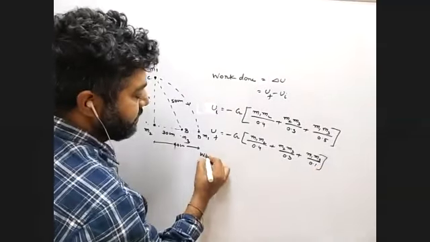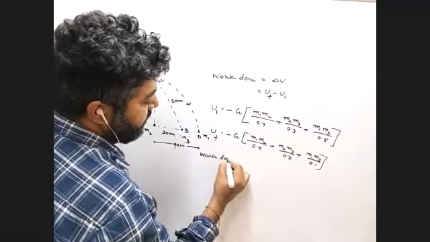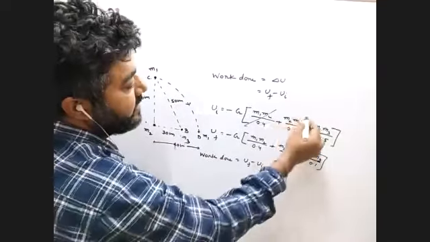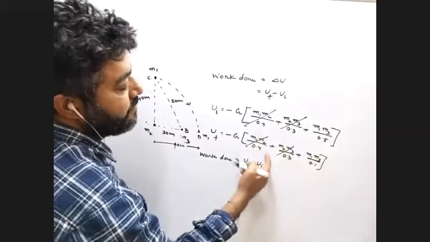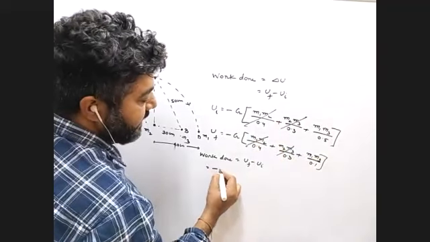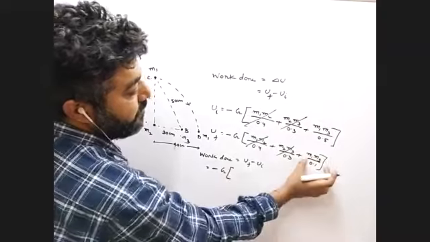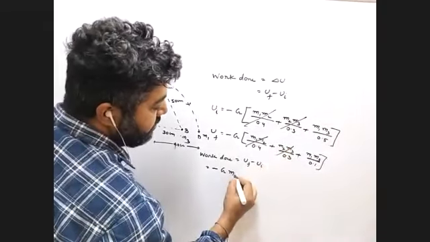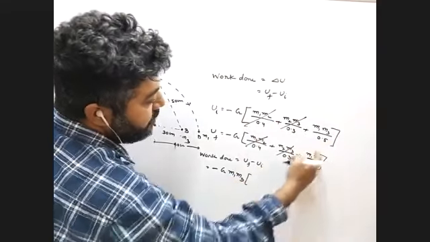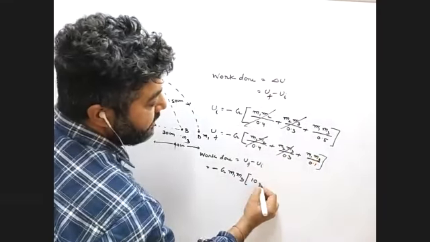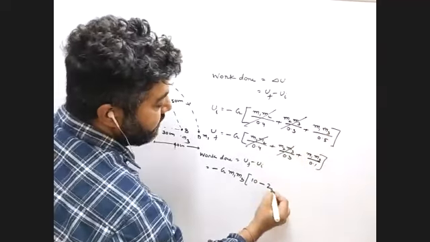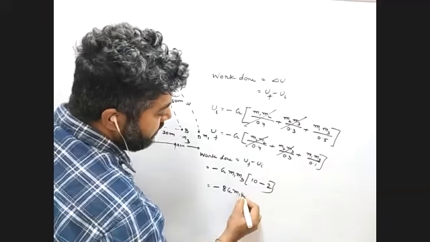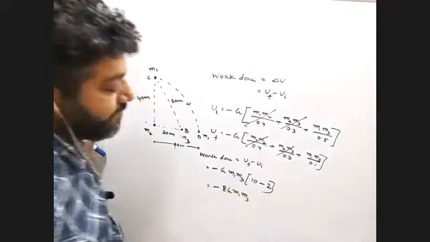So work done is final minus initial. See, final minus initial, you can easily cancel these two because they are the same value. So what you have is minus G, if you take common, you have only that part. Even this value you can take common, M1, M3. So 1 by 0.1 is 10, minus 1 by 0.5 is 2. So what you have is minus 8G M1 M3. Is it okay?